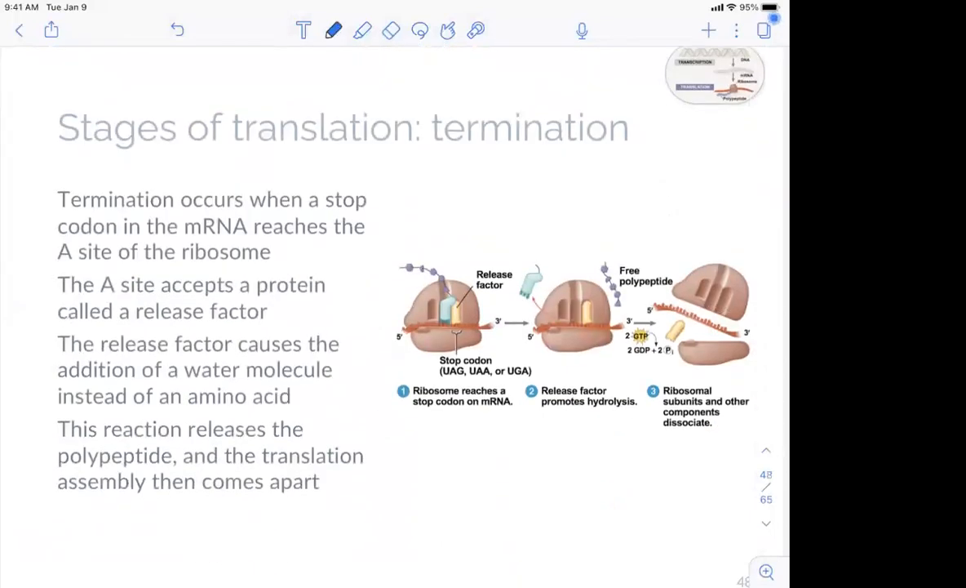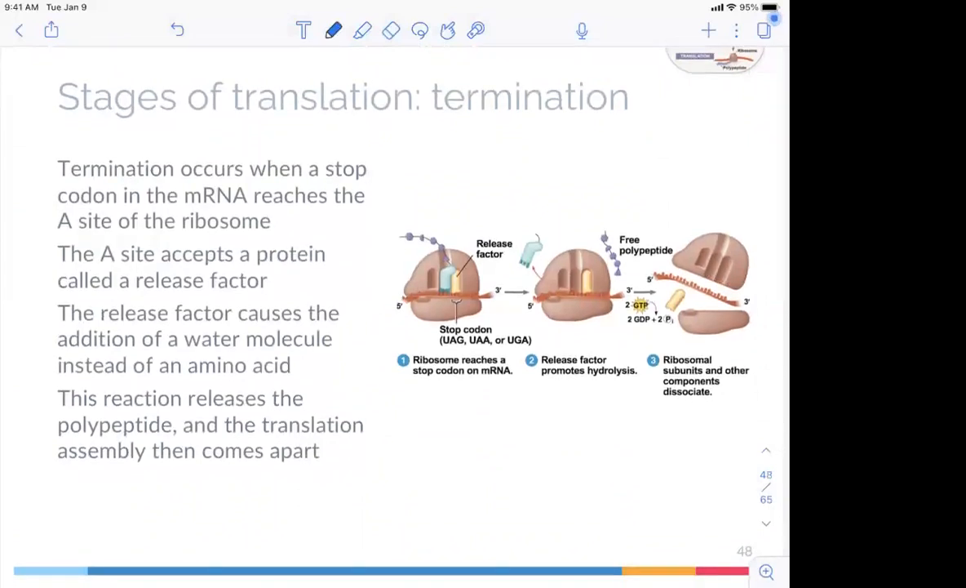Last step, termination. You're going to stop, right? That happens when you reach a stop codon in the mRNA. So there's 3 codons that label stop translation: UAA, UAG, and UGA. Remember, you'll always get a genetic code, so don't worry about memorizing these, with the exception of that first AUG, which is for start. Okay, so notice you've got your EPA sites on your ribosome, you've got your growing polypeptide